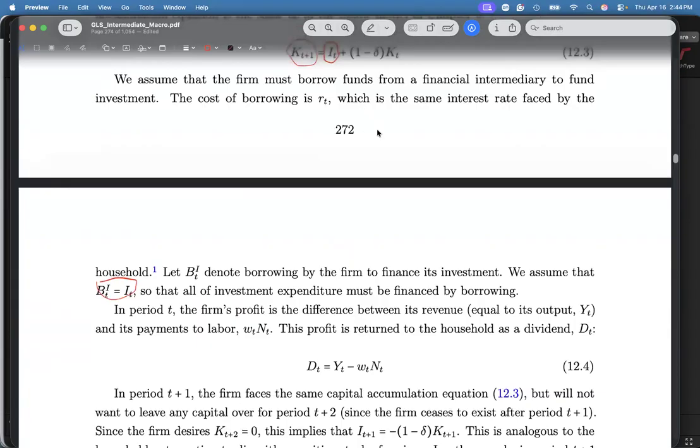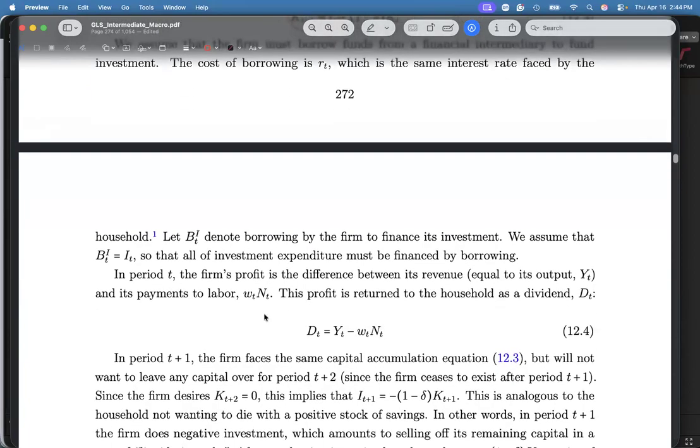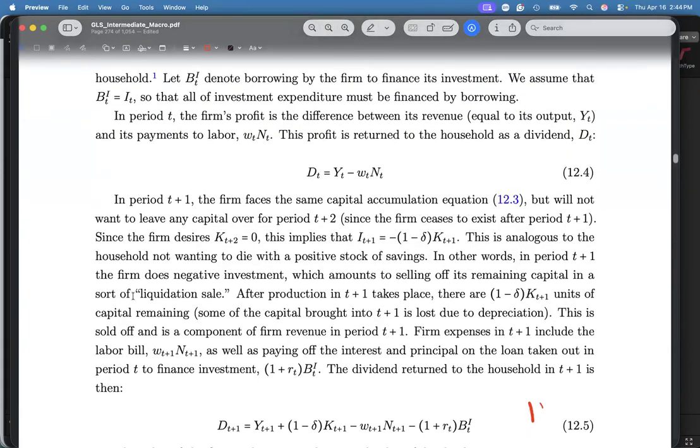First of all, your investment will be funded by bonds, not government, but by firm borrowing. So whenever you see B superscript AI, subscript T, that's just how much debt the firm incurs to finance its investment, or as you say, investment is just adding to the capital stock. So your entire investment will be debt financed. Okay. So there are two periods in this model. Yeah, I'm remembering it now.